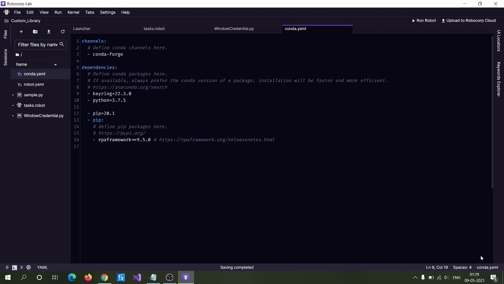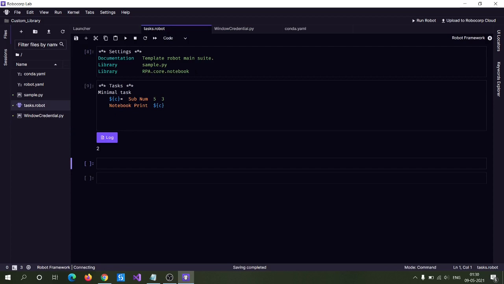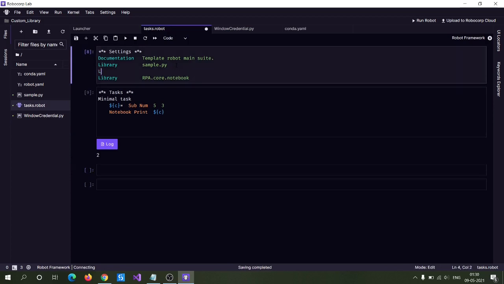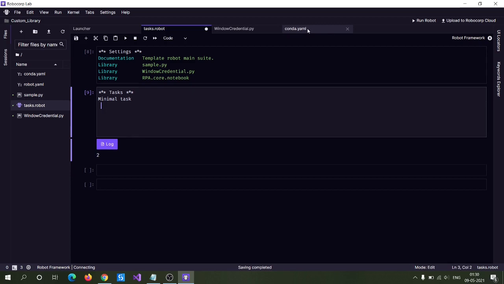Okay, now you can directly use this Python library under task.robot. For using this Python library under our task.robot, first you have to import this library, credential.py.